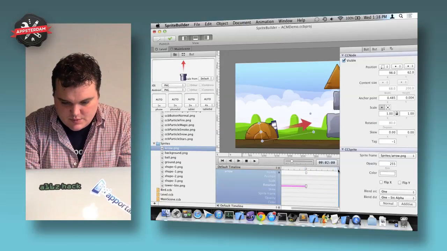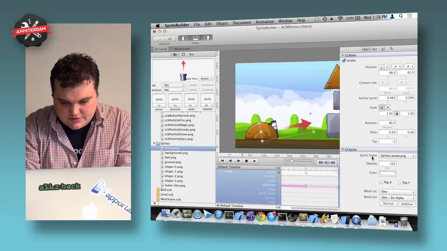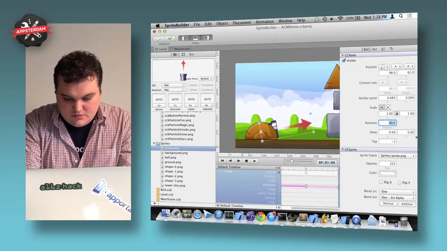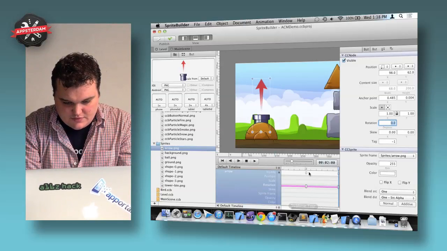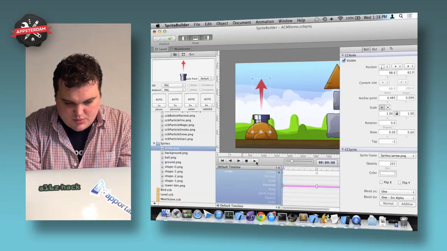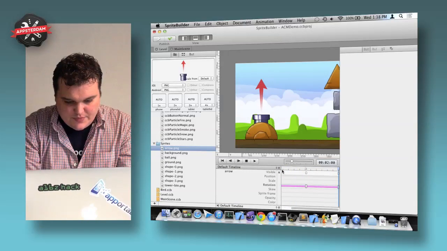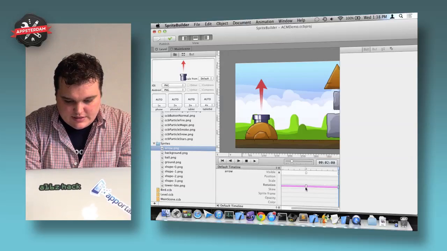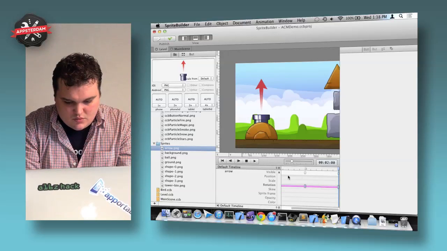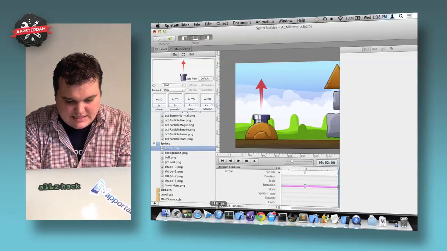So I'm going to move this to 2 seconds, insert another keyframe, rotate that back to 0. So if I now go back to 1 here, and I play this, just get a nice little animation going. Cool. And the other thing I want to do is I want to put this on the default timeline,